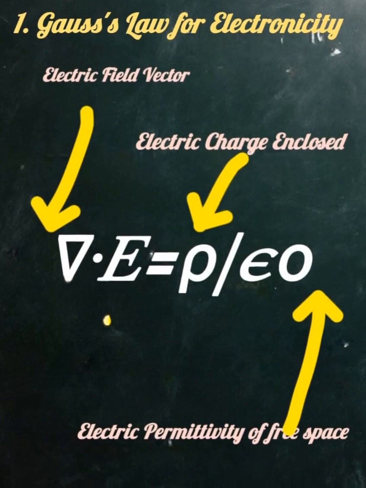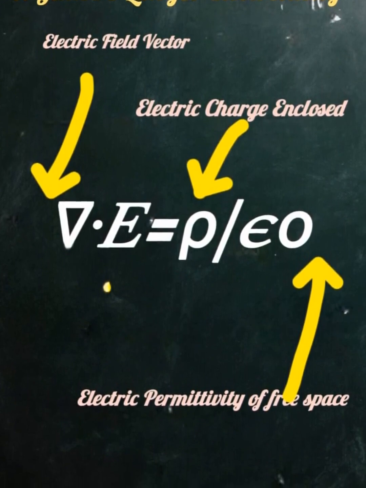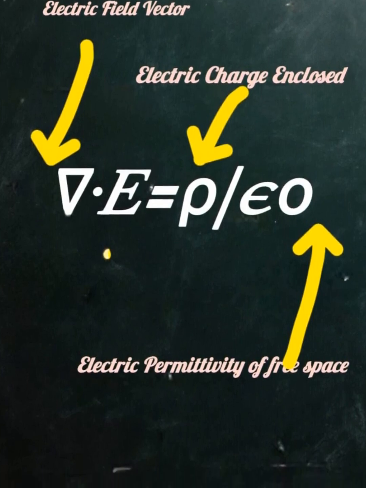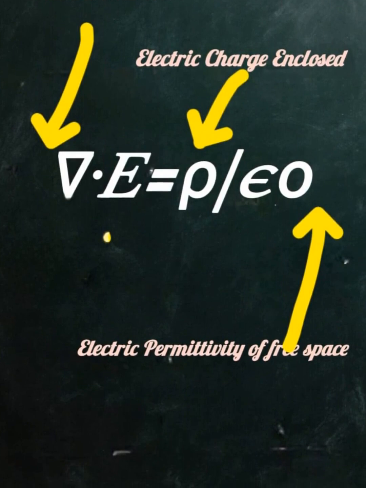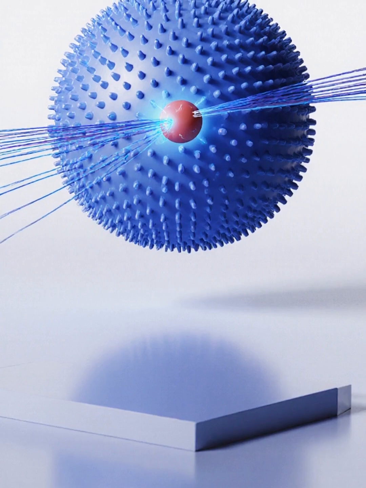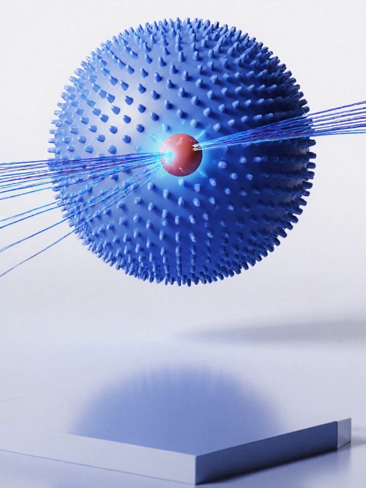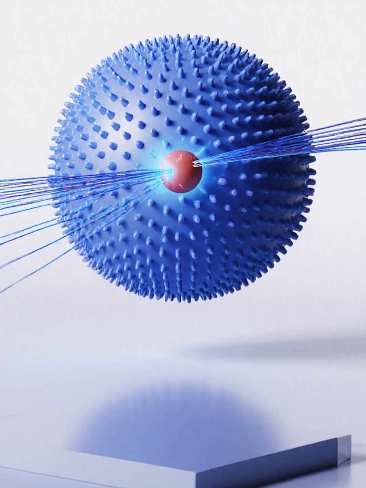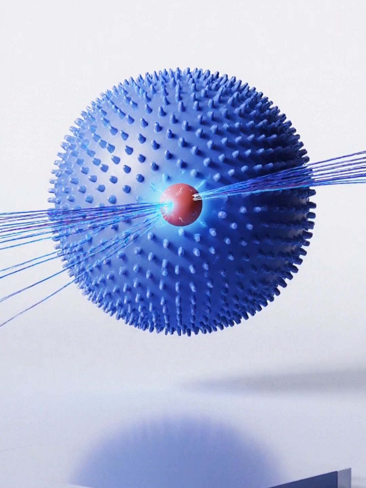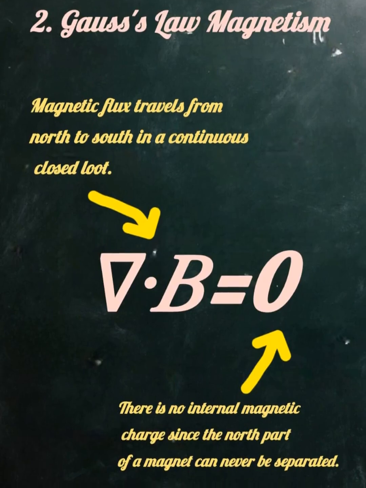1. Gauss's law for electricity, formulated by Carl Friedrich Gauss, published 1867, states that the total electric flux through any closed Gaussian surface is proportional to the enclosed electric charge divided by the permittivity of free space. It relates electric fields to charge distributions, simplifies calculating fields for high symmetry, spherical, cylindrical, and is expressed as